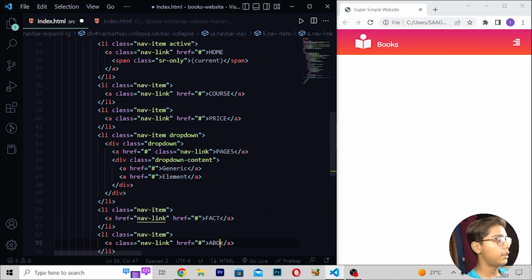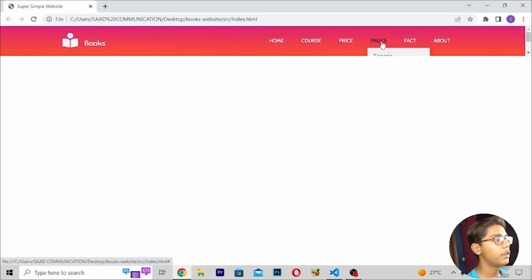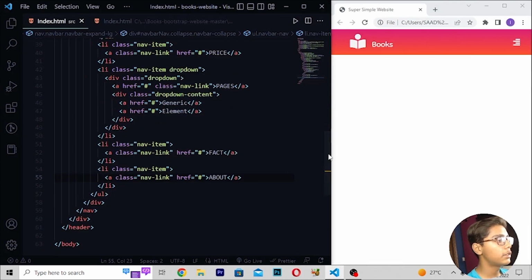Then here I will be writing about, then you have to move at the top, and then here I will be now writing class. Then you have to save this and then reload. So here if I just show you, you can see we are getting all this stuff here, and then we are getting here generic like this. Now when you are getting all this thing, here I will be doing it again like this.